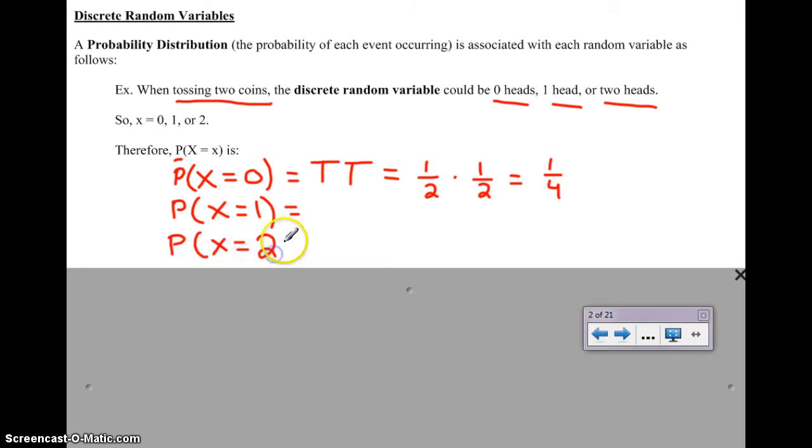Since we've talked about probability a little bit, go ahead and pause here and see if you can list what the possible outcomes would have to be for the 2 coins, and then also what the probabilities corresponding to them would be. All right, pause here and try this on your own, and then go ahead and push play.